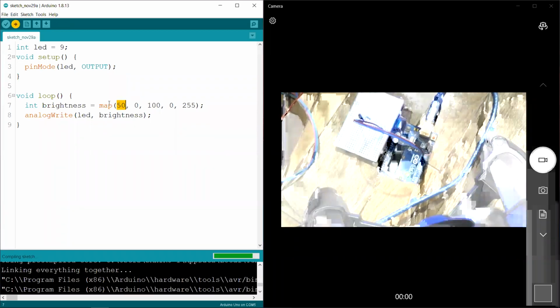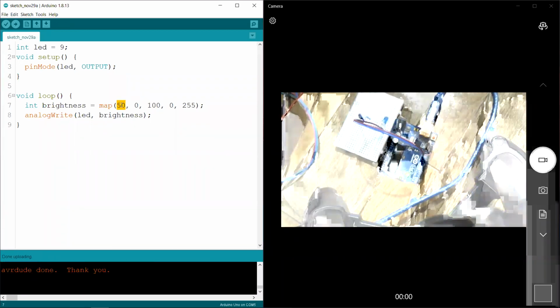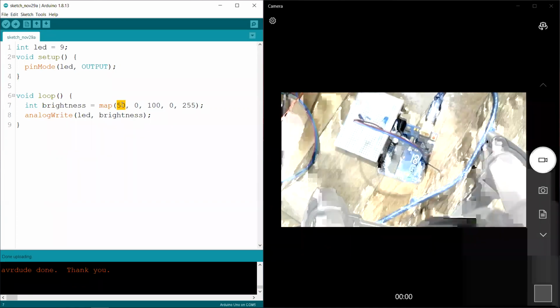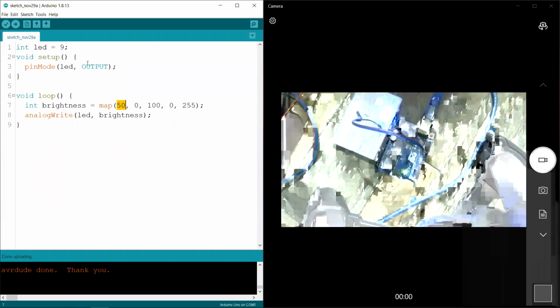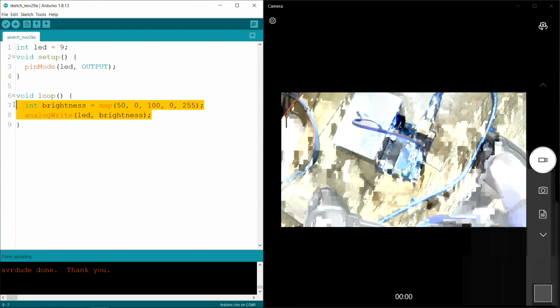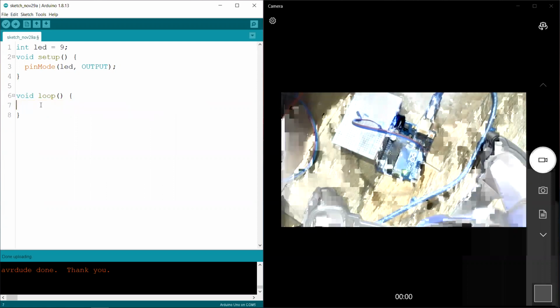Now if we want 50% brightness, we can type in 50 and it's going to give us a brightness of 50%, right? If we do not have this function, we have to make that map by ourselves, right? Let's say we want a brightness of 50.